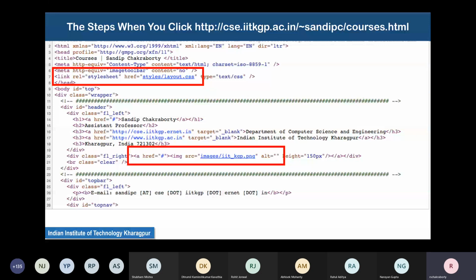An example is that in the HTML file, some style sheet might be mentioned, which refers to a file called layout.css. CSS is a style description format. It is located under the current directory, but under another subdirectory called styles. Under that, a layout.css file is located. That is used as the style description for the rest of the web page. The rest of the web page mostly will